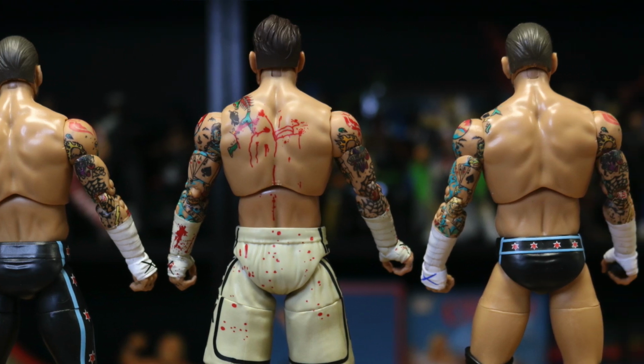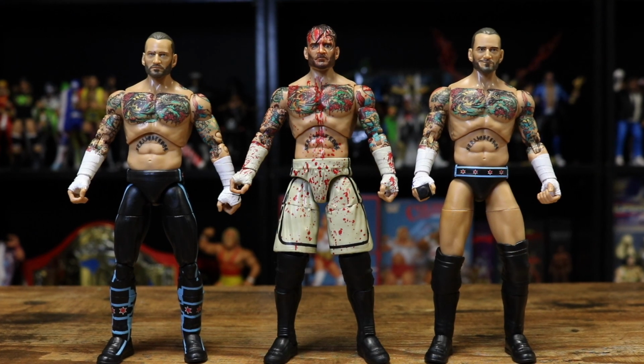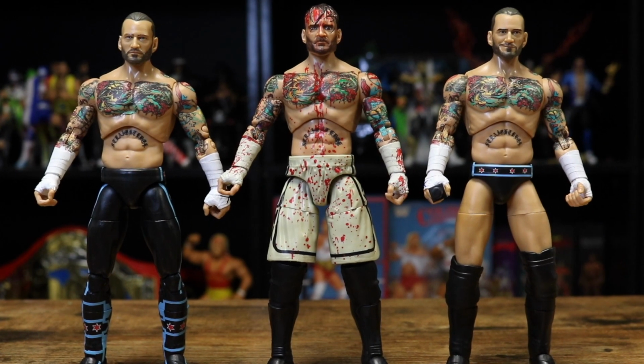Much more clear on the Blood and Guts Punk than you can on the other 2. Other than the tattoos, the wrist wraps on the Blood and Guts Punk are also darker than the wrist wraps on the other 2 Punk figures. Now that makes this Punk look more realistic because the wristbands are darker, so it looks like it's sweaty, it's